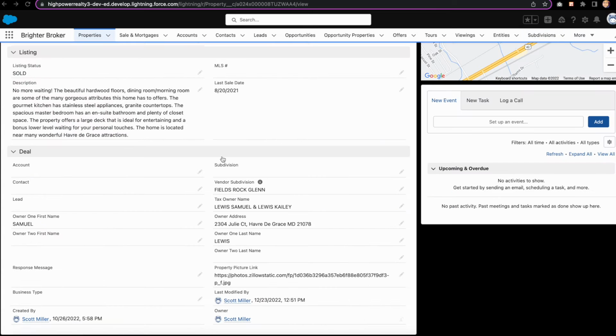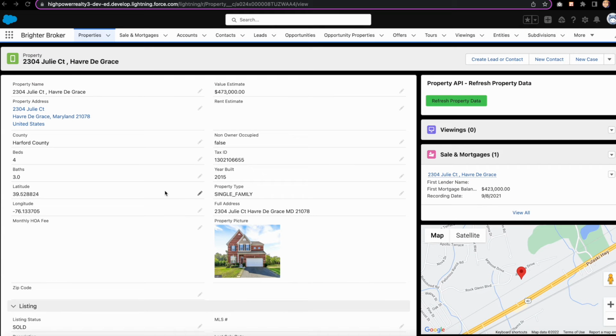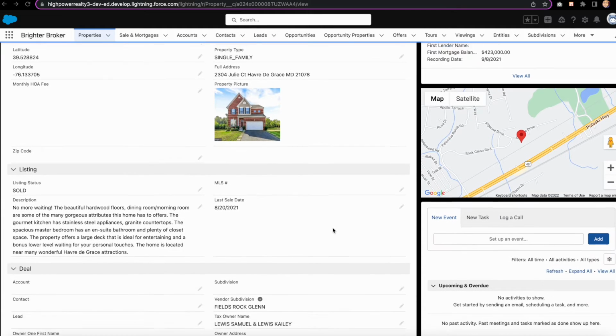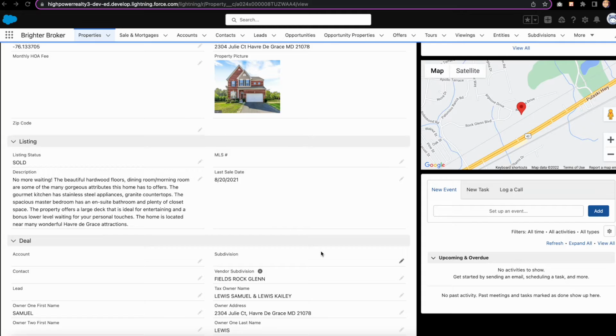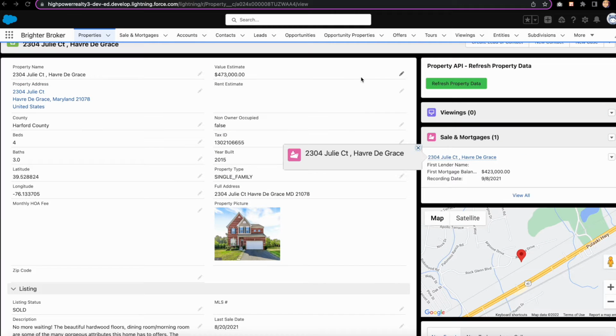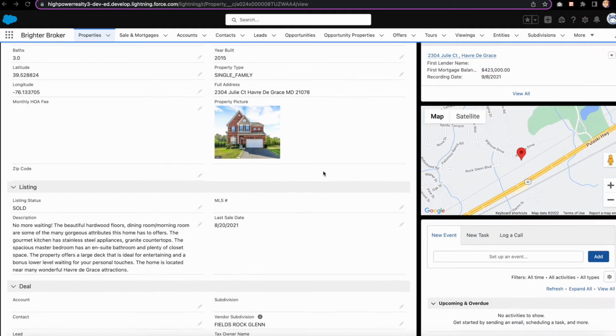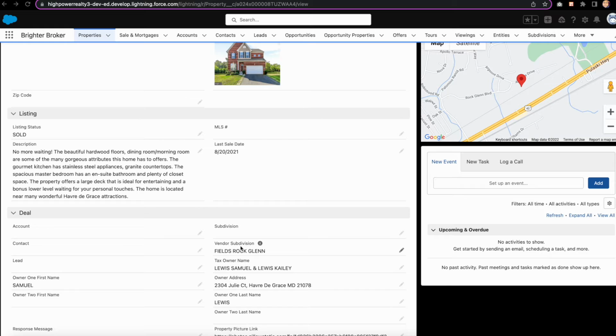Let's go back to the property we had. Okay, so here's an example, 2304 Julie Court, a fairly new home built in 2015. The API used for the sale and mortgage information provides sometimes really good subdivision information, sometimes it's terrible. So this one seems okay. So basically what we're going to do,